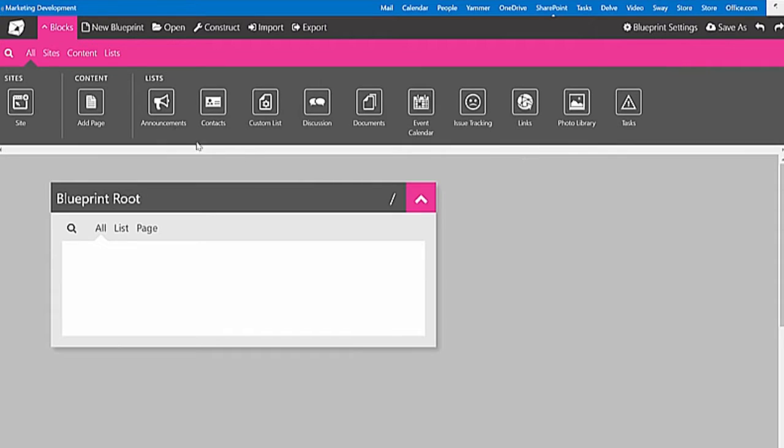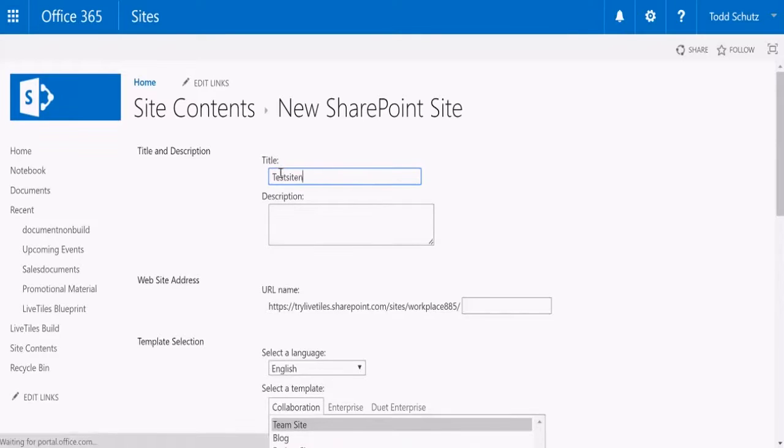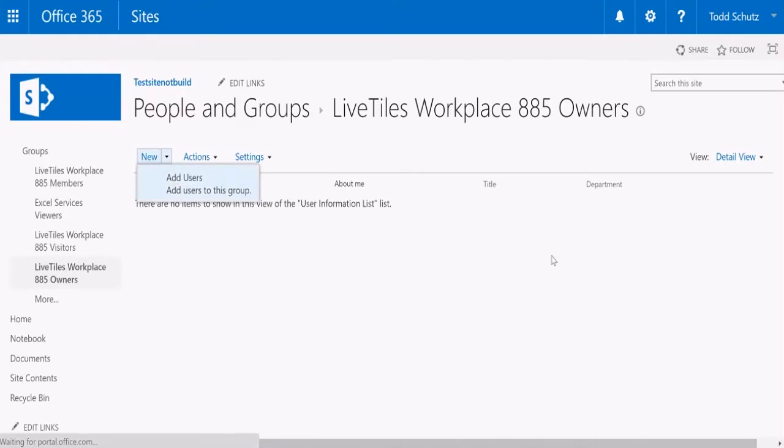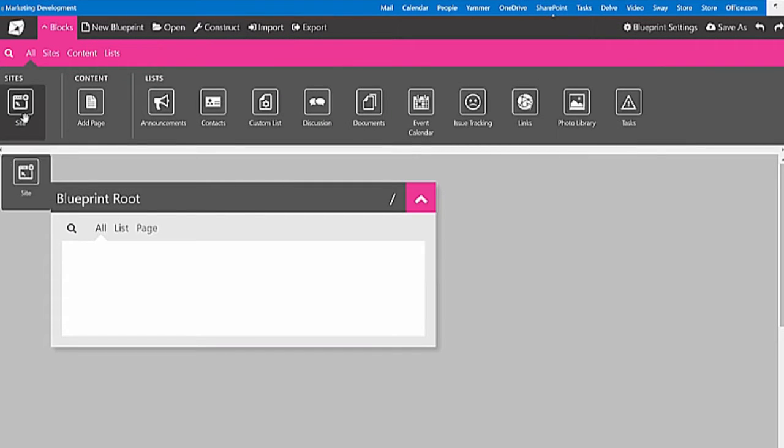LiveTiles Blueprint is the easiest way to deploy your SharePoint pages in information architecture. Let's be honest, generating large-scale information architecture from scratch is cumbersome and time-consuming. We all like things fast and easy. That's why we developed LiveTiles Blueprint, so you can cook up master templates and instantly deploy them across multiple tenants,